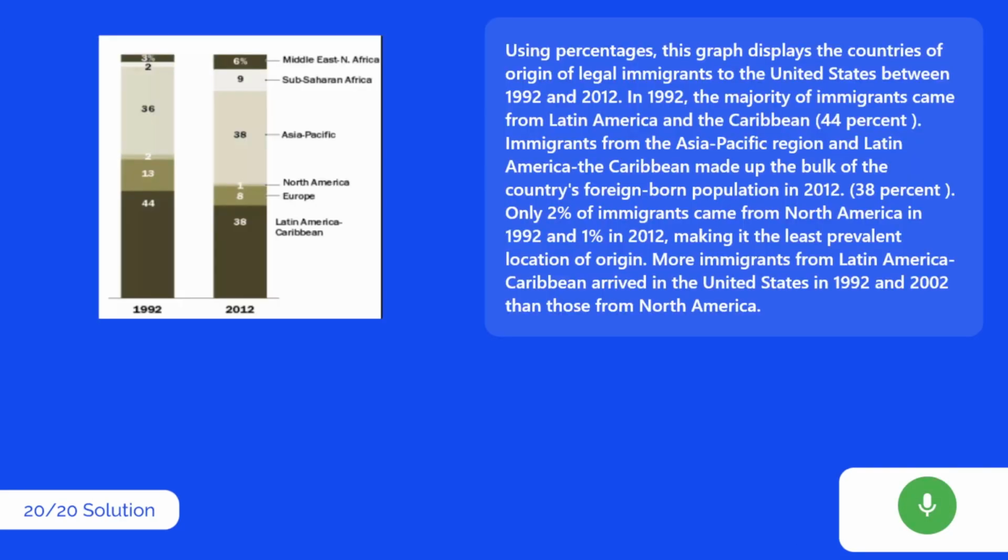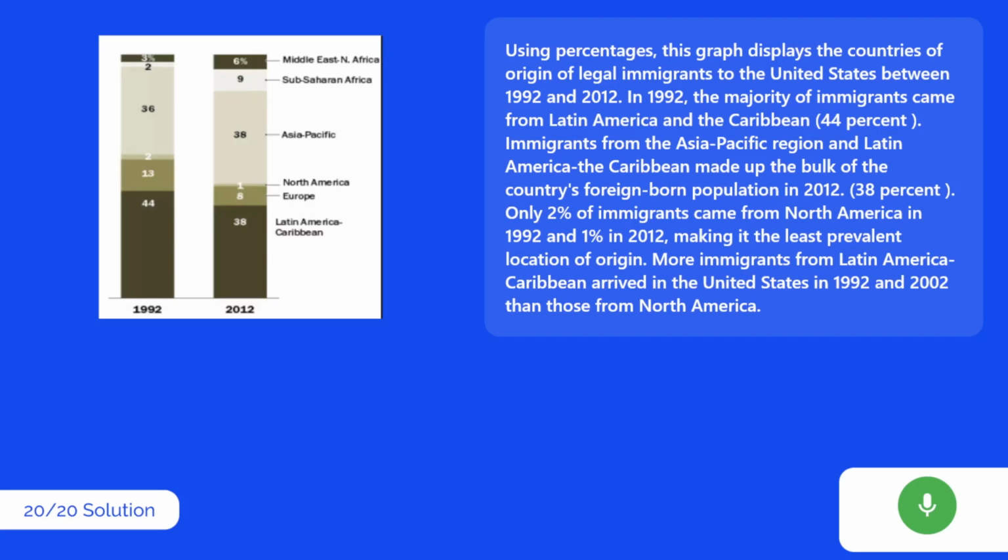Using percentages, this graph displays the countries of origin of legal immigrants to the United States between 1992 and 2012. In 1992, the majority of immigrants came from Latin America and the Caribbean, 44%. Immigrants from the Asia-Pacific region and Latin America and the Caribbean made up the bulk of the country's foreign-born population in